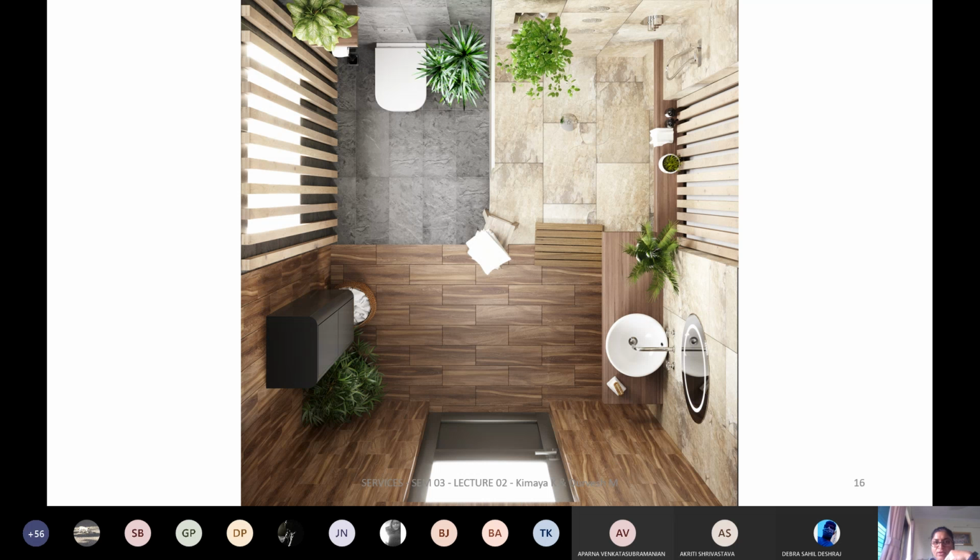This is the top view wherein you see the shower area. Next to the shower area, if you see, there are these wooden slats, that is a mat, which is actually nothing but a wooden mat which drains the excess water. And they have just created a patterning of, basically your choices of materials are also very important, how do you create these spaces within the wash areas, especially for storages and things like that. So there are ample finishes available in the market, and depending on your design and the concepts that you have chosen, you can design them.